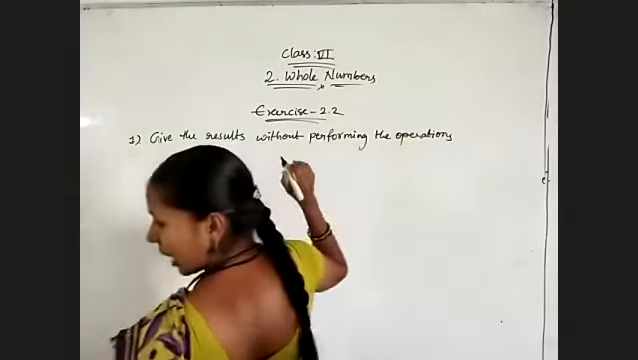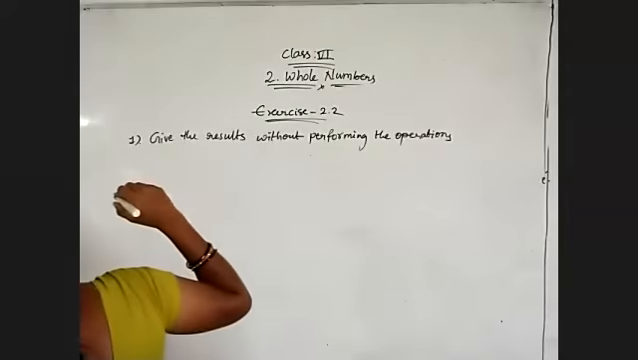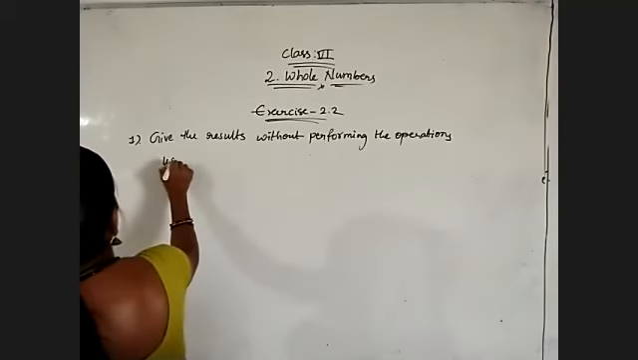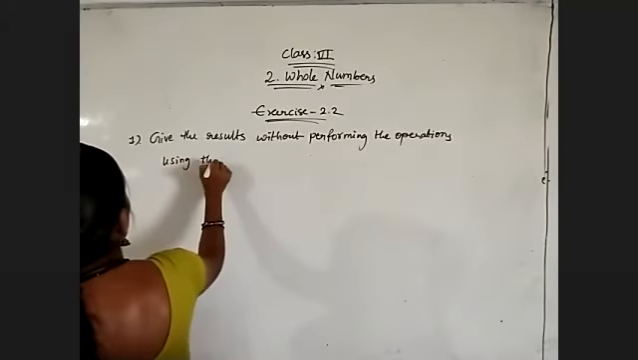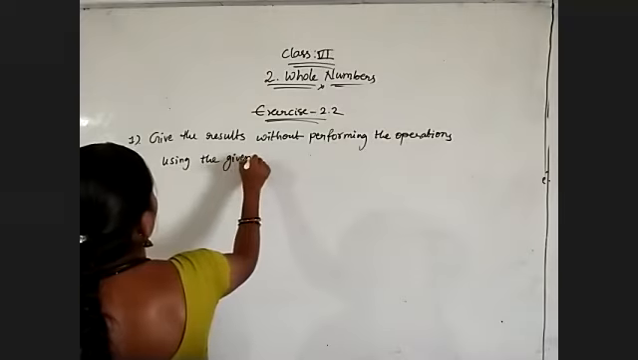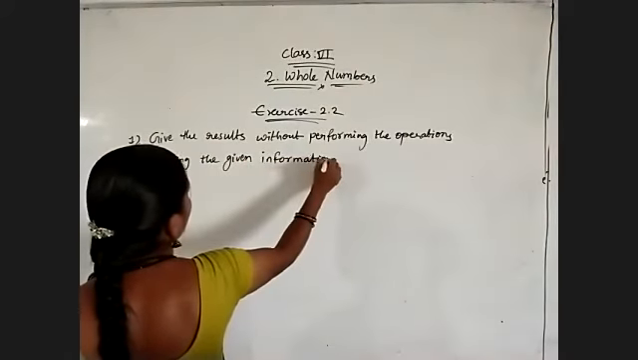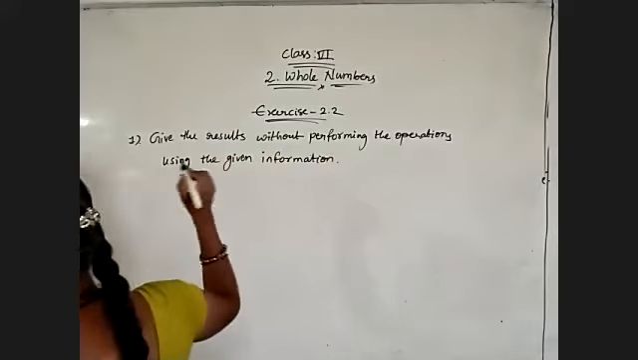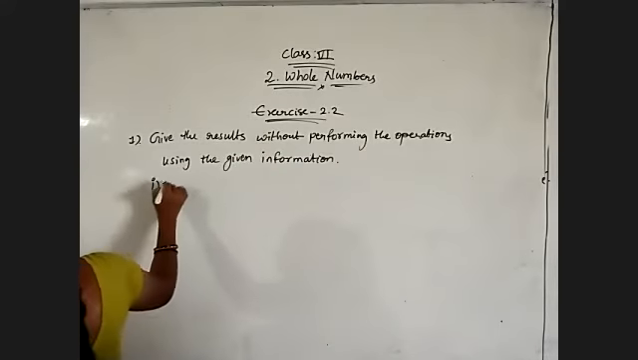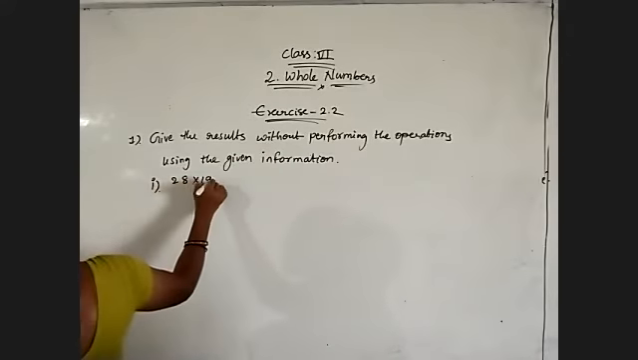Without performing the operations, using the given information, so we should not do the calculations. Directly we need to tell what will come at that place. So my first question is 28 into 19 is equal to